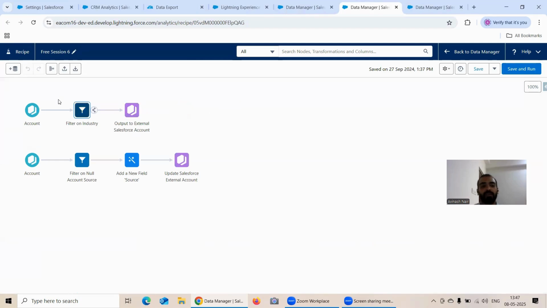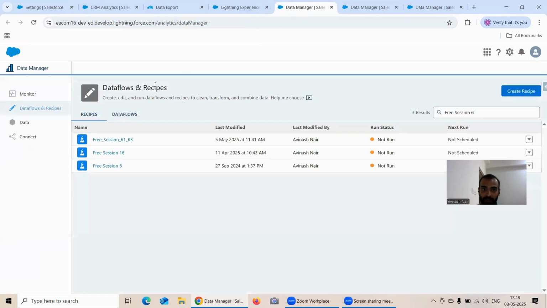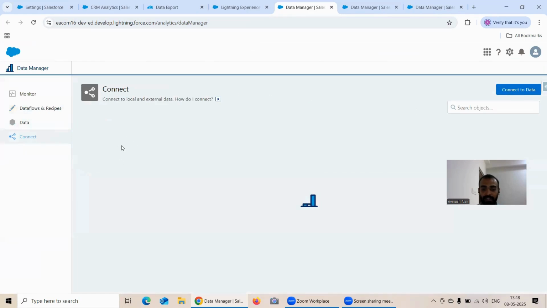For example, if I talk about this recipe, we have an account which I know has been pulled by the data sync, and I have applied a filter on industry, right? Now, let's say this is done on a lower environment, and if I deploy this to the higher environment, and I don't enable this connect in the higher environment, okay, so here, of course,